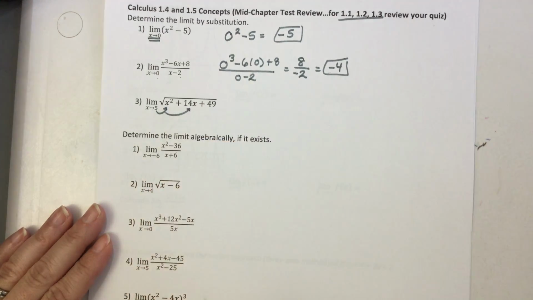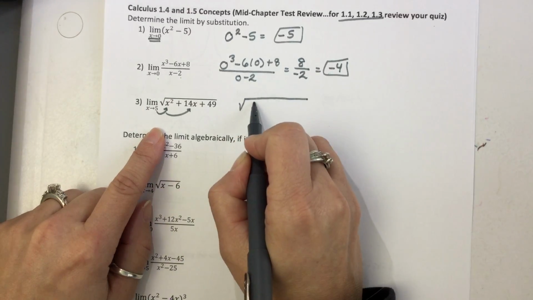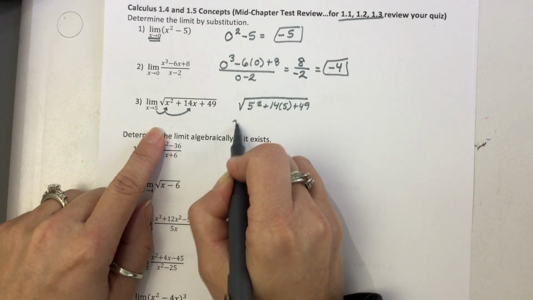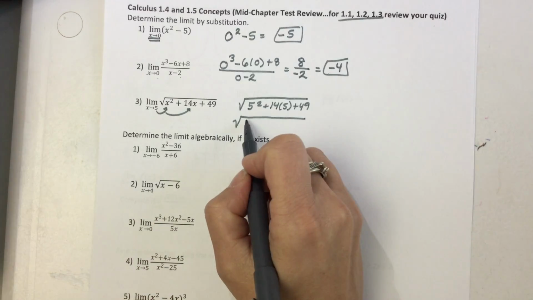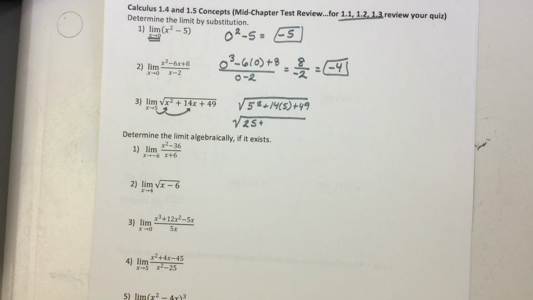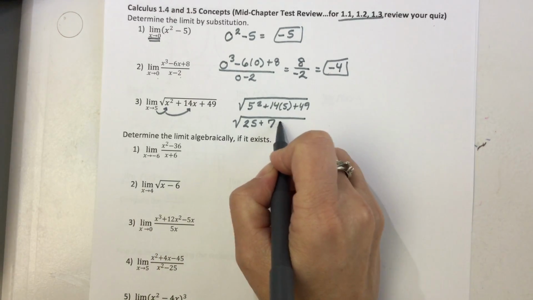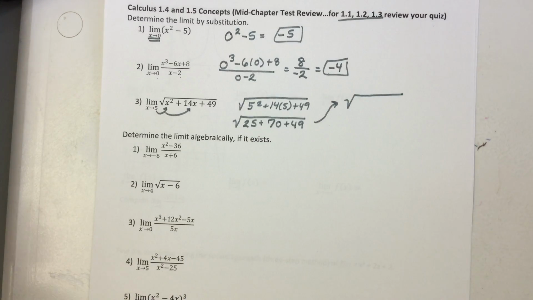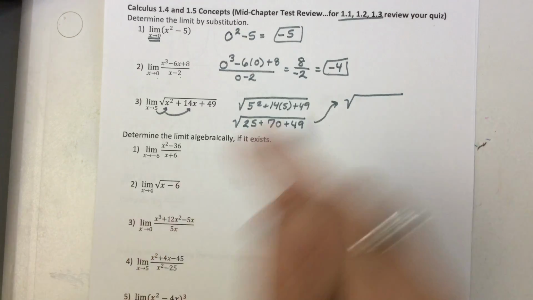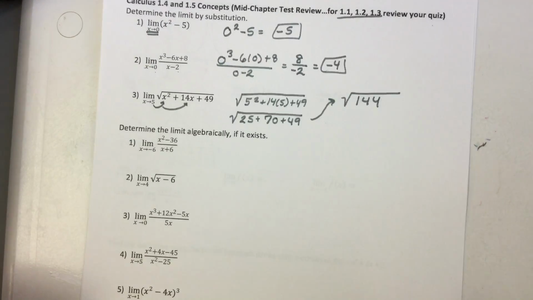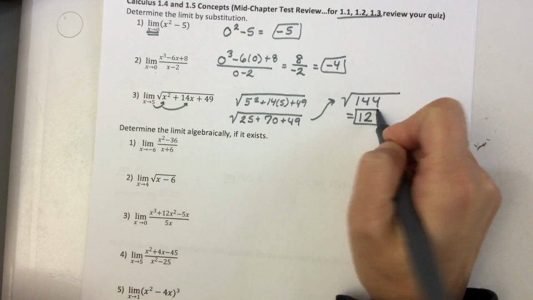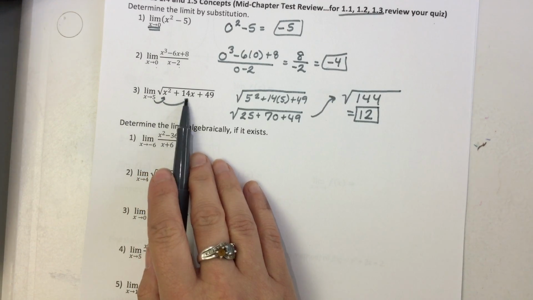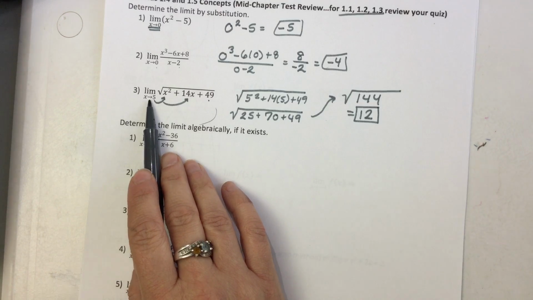Okay, let's look at another one. This time we want to fill in an x value of 5. So underneath the square root, 5 squared plus 14 times 5 plus 49. Well, let's go ahead and make some calculations. 5 squared is 25. 14 times 5 is 70 plus 49. If I go ahead and add all of those, 25 plus 70 plus 49, I get 144. And the square root of 144 is 12. Okay, so the limit of the square root of x squared plus 14x plus 49 as x is approaching 5,